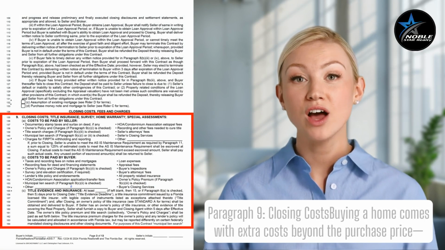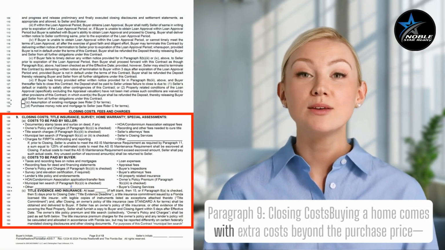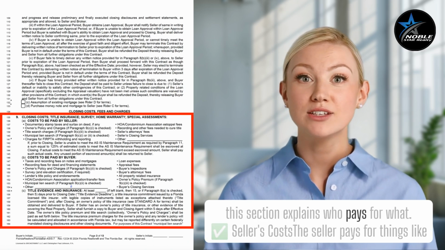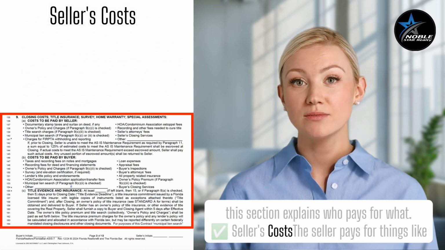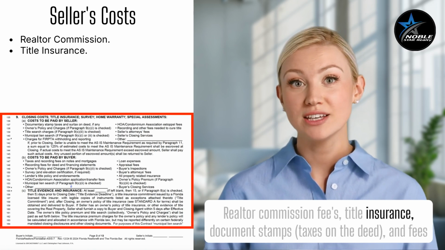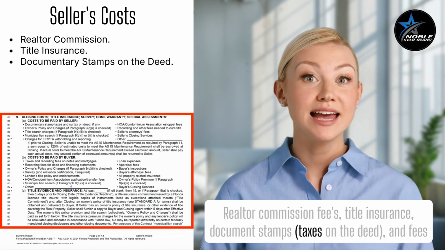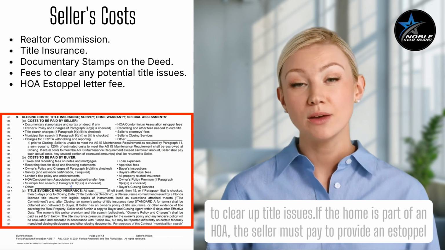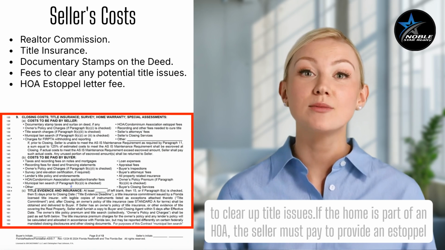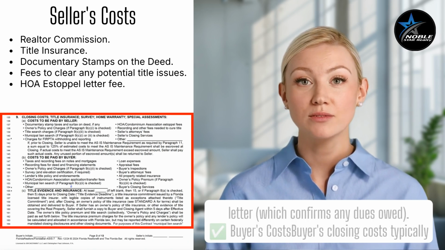Paragraph 9, closing costs. Buying a home comes with extra costs beyond the purchase price. This section explains who pays for what. Seller's costs. The seller pays for things like realtor commission fees, title insurance, document stamps, taxes on the deed, and fees to clear up title issues. If the home is part of an HOA, the seller must pay to provide an estoppel letter, which confirms any